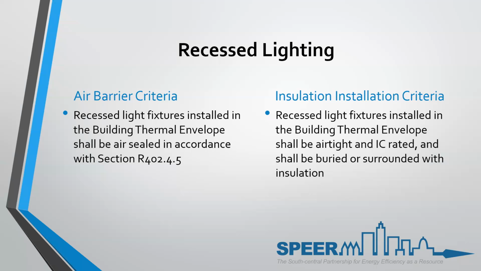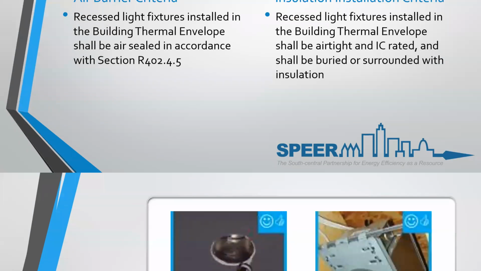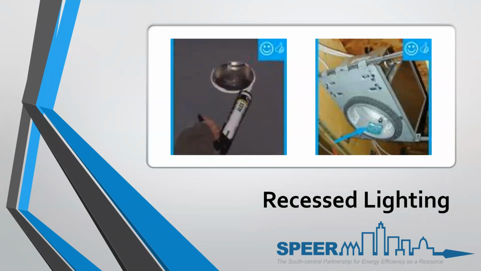If it's not deep enough to fully cover the can, you at least want that insulation around the can to be in touch with the conditioned side of the sheetrock on the ceiling. ICAT was a lot of times what they've listed the cans as, but it means IC rated, so it's airtight and then insulation contact. So you can have that. Usually there's stickers inside those cans. With this, I know it's a little bit blurry. I tried to get a better picture of this, but